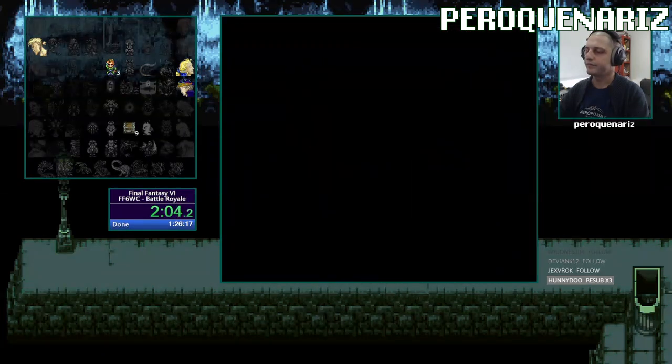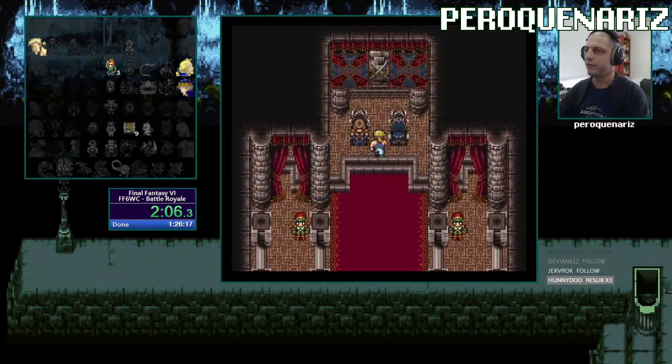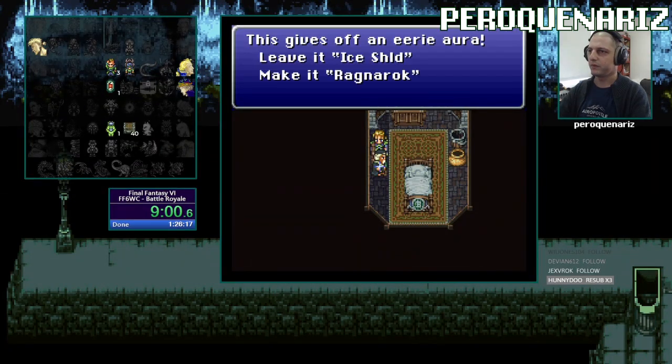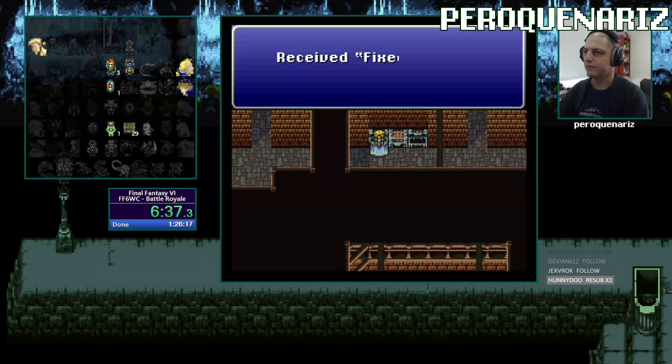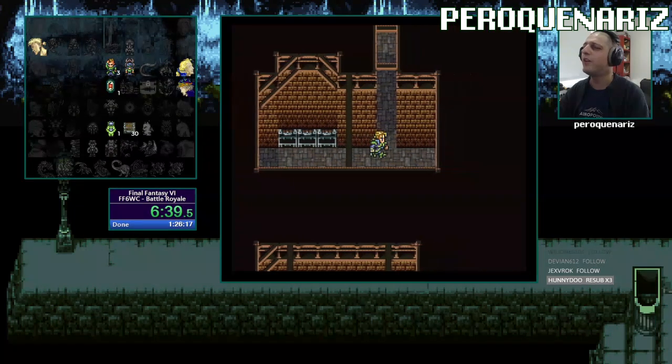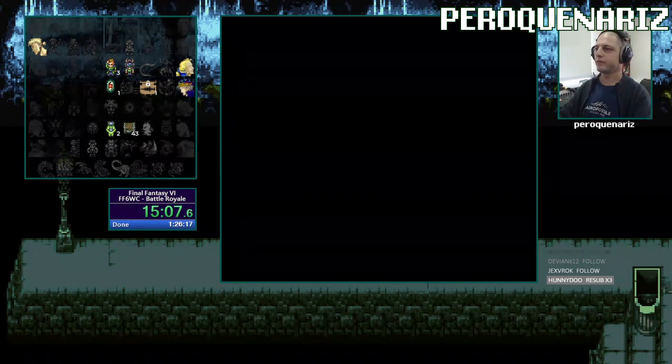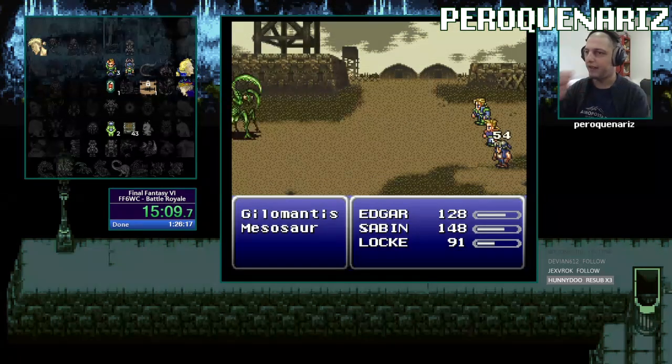Locke with GP Rain that doesn't care about stats would join the crew for Pero Que Nariz, along with Stray Heir to the Figaro Throne, a Ragnarok for Edgar at the Narsh Weapon Shop, fixed dice for Sabin, and a 9-battle curse shield with some ribbons. With really bad stats, it places bigger emphasis on getting more levels, so the grind was on, with an opening